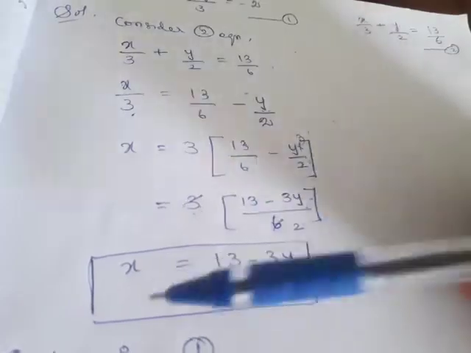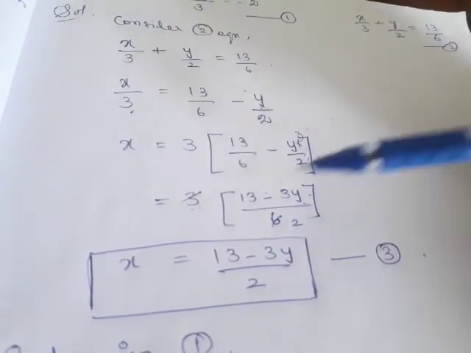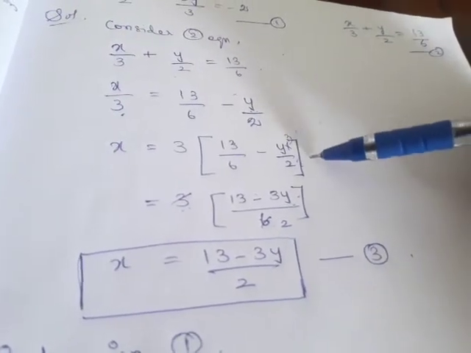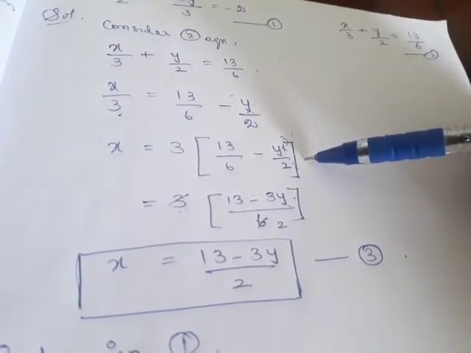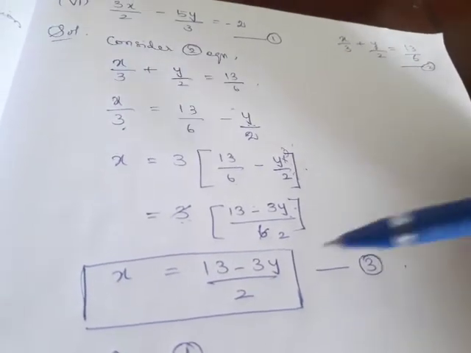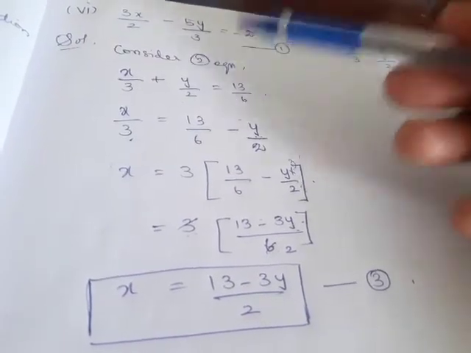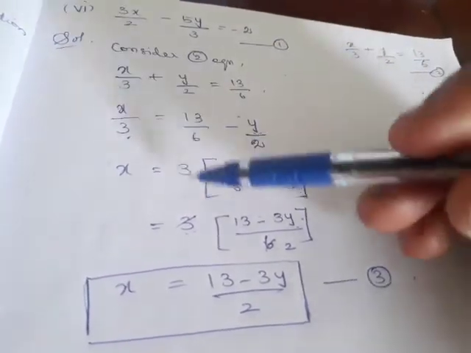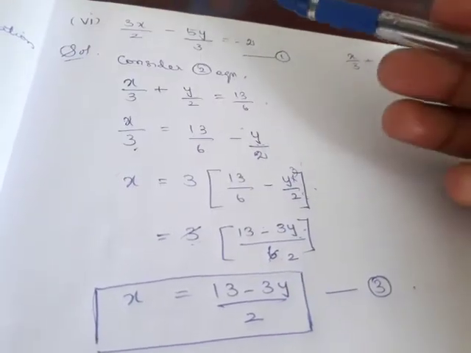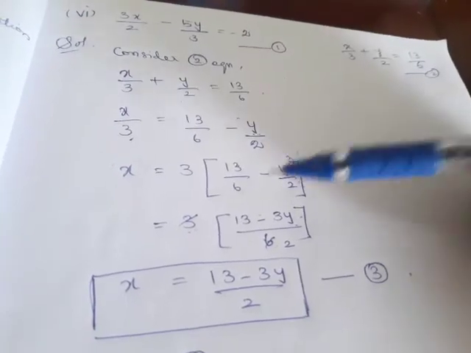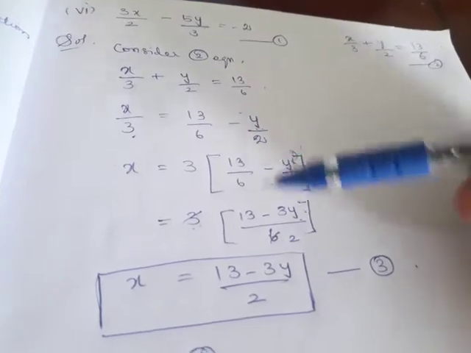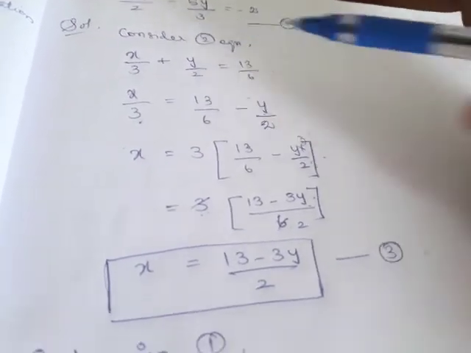2 times. So we got the value of x is 13 minus 3y divided by 2. Right? You can have the x value like this also. It doesn't matter. What we did here, as much as we can simplify it, we are simplifying here only, so that while substituting in the other equation, we will find it easier. If you keep this value as such and substitute also, no problem. All these calculations you should do there. So whenever you are finding one variable in terms of the other, try to simplify it there only, so that you will find it easier while substituting in the other equation.